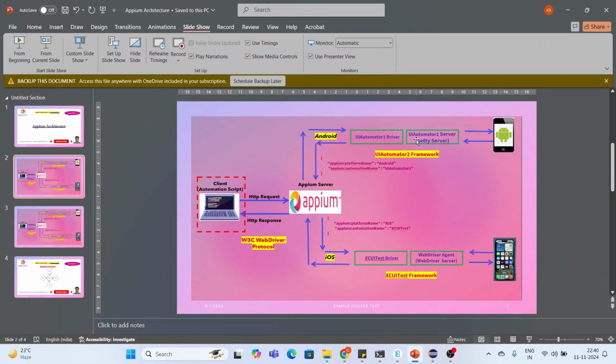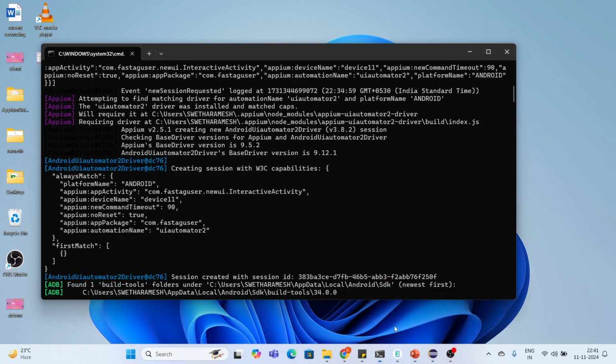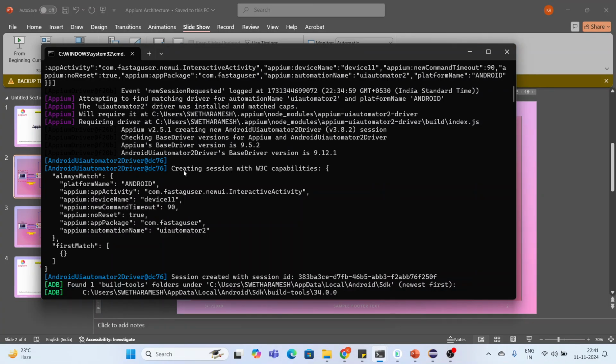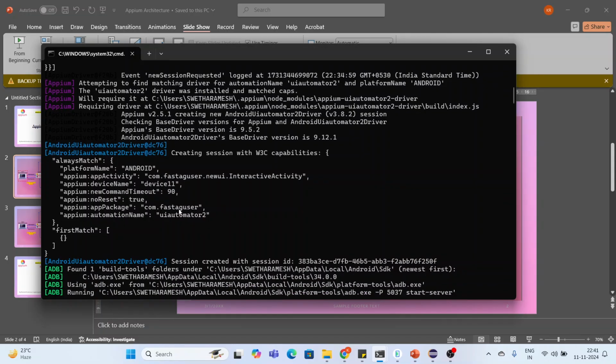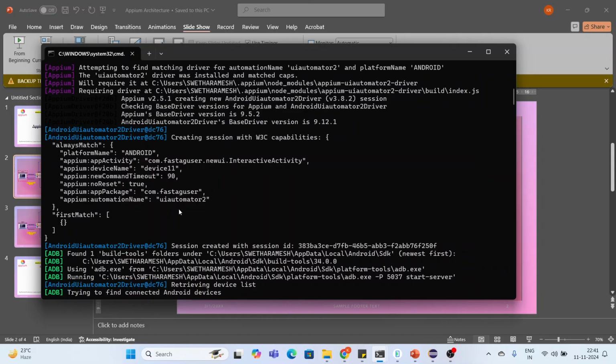Okay, and then in this phase the session ID will be created. You see the request creating the session with W3C capabilities. So whatever I mentioned here is coming there. One more thing, yes, it came in there. Now the session is created with a session ID, because I have the valid capabilities,